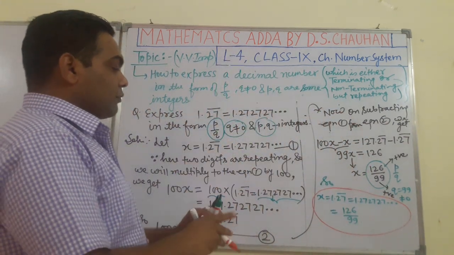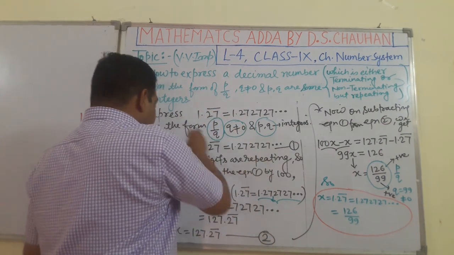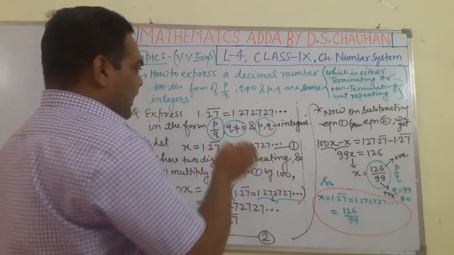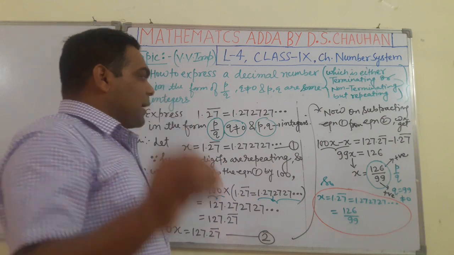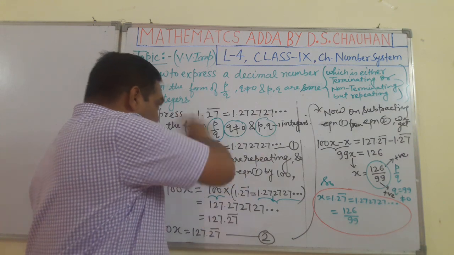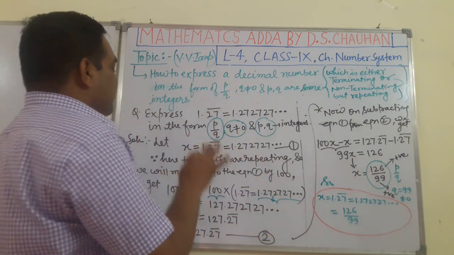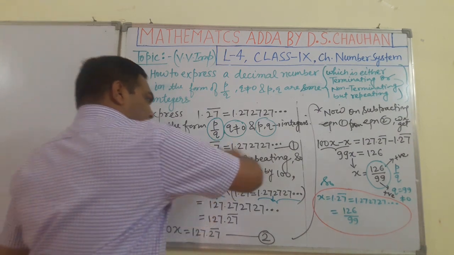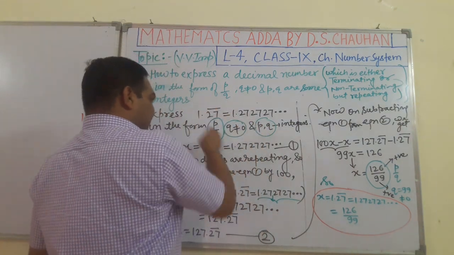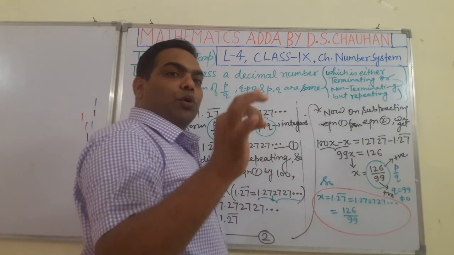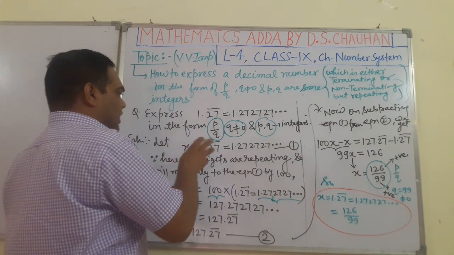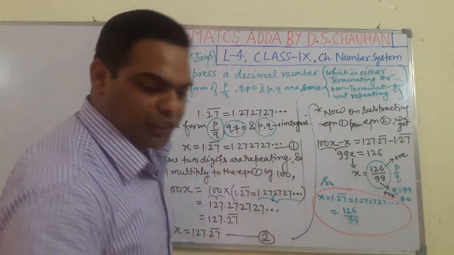Well students, keeping this solution in mind, whenever any question of this type comes, you have to proceed in this way. Just after describing 2 or 3 questions of this type, I will tell you the shortcut key, without writing all these things, by which within minutes you can get the answer easily in the form of p by q. Wait, I will tell you soon. Now I am going to tell you the process of solving. Try to understand it easily, students.